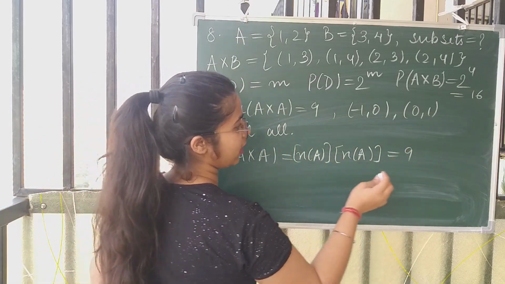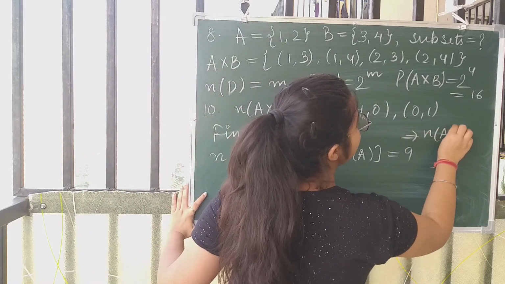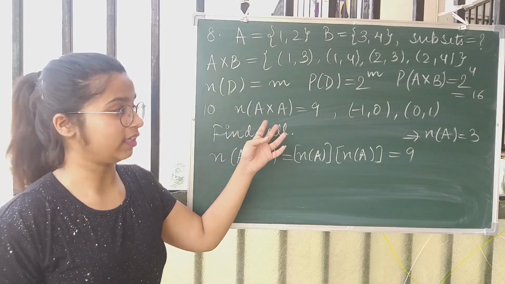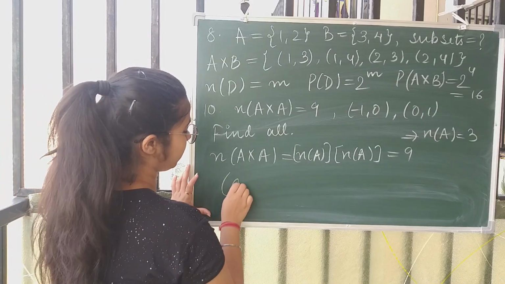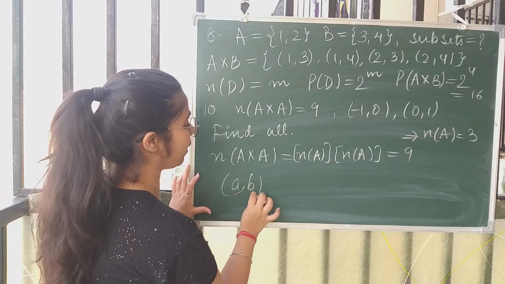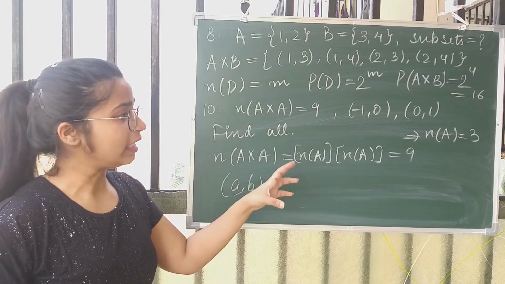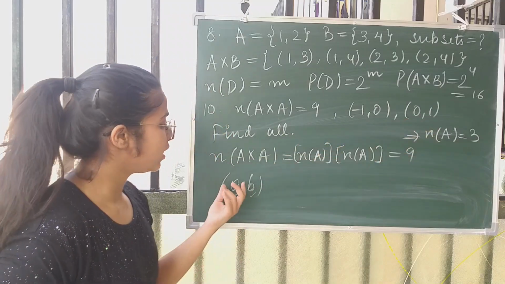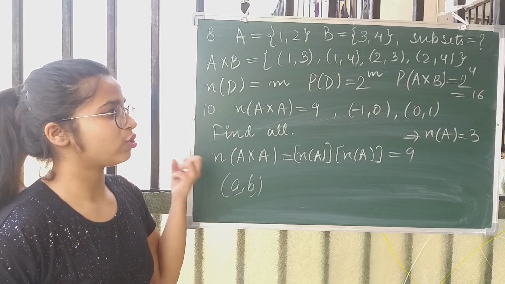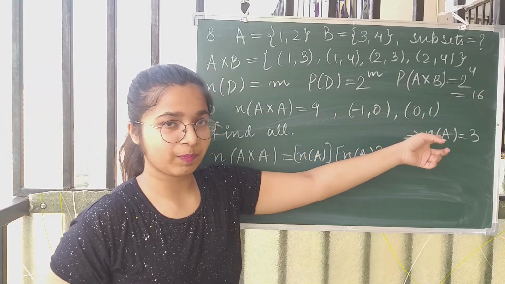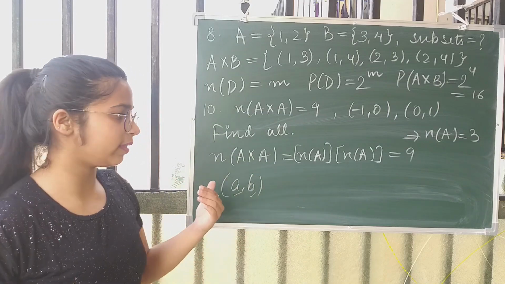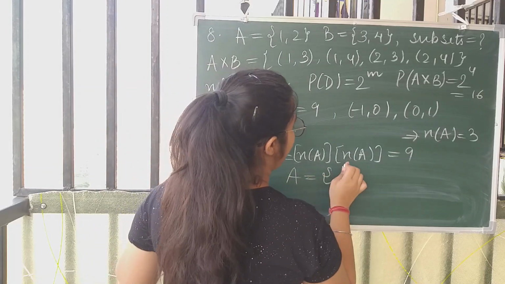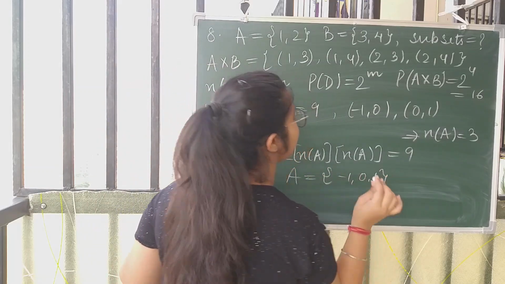So if we analyze this, this is given to be 9. So अगर हम इसको देखें, so we clearly know that number of elements in the set A are 3. And we know जो A cross A का Cartesian product है, इसमें जो elements हमारे जो ordered pairs (a, b) type के हैं, इसमें both a and b are coming from the set A. And we know कि A में कितने elements हैं? 3. So if we look at these two pairs, we know that (a, b) में जो numbers आ रहे हैं, जो digits आ रही हैं, they are -1, 0 and 1. And clearly ये तीनों के तीनों A में belong करते हैं, because this is an A cross A product. So therefore the set A has -1, 0 and 1.